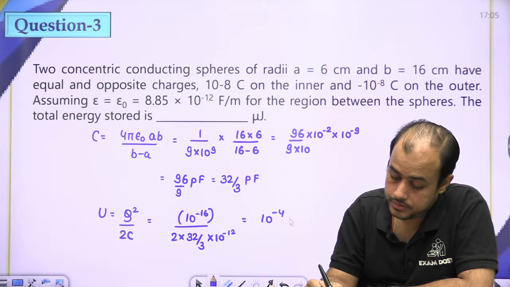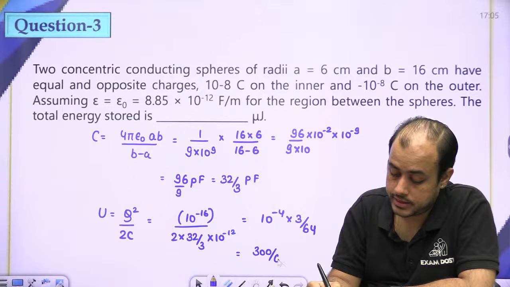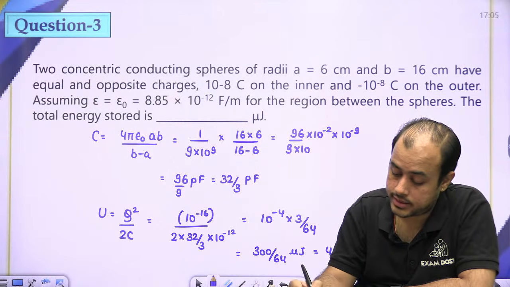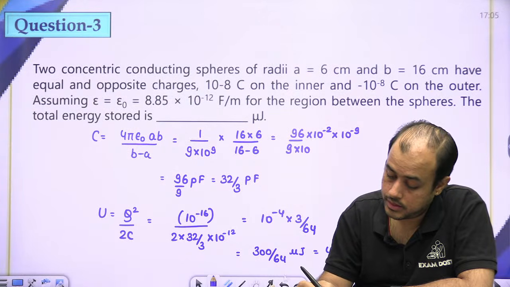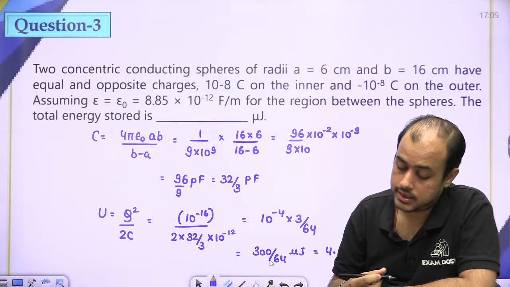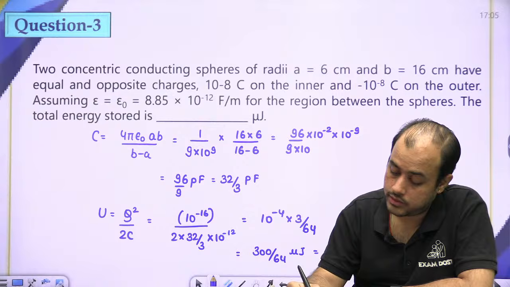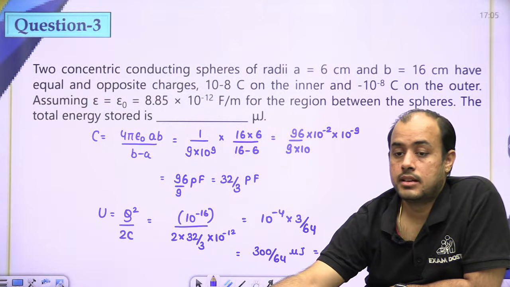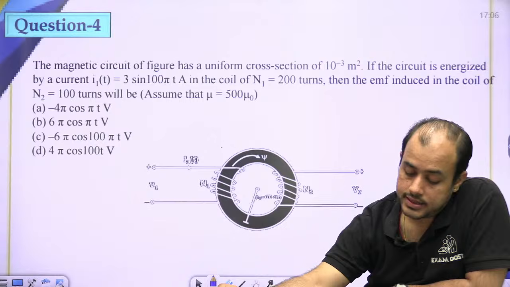10 to the power -4 by 6, 300/64 microjoule, 75/16, and dividing it out gives 4.6875. ठीक है। हाँ बेटा, मैंने देखा कि नया कैलेंडर आया है, 4.6875।